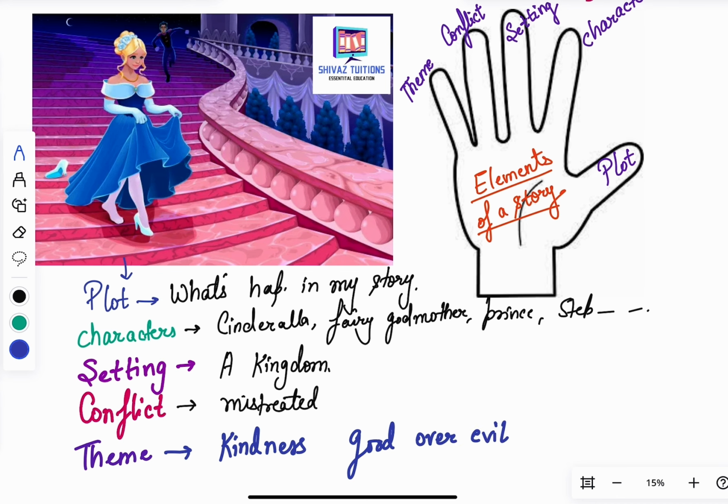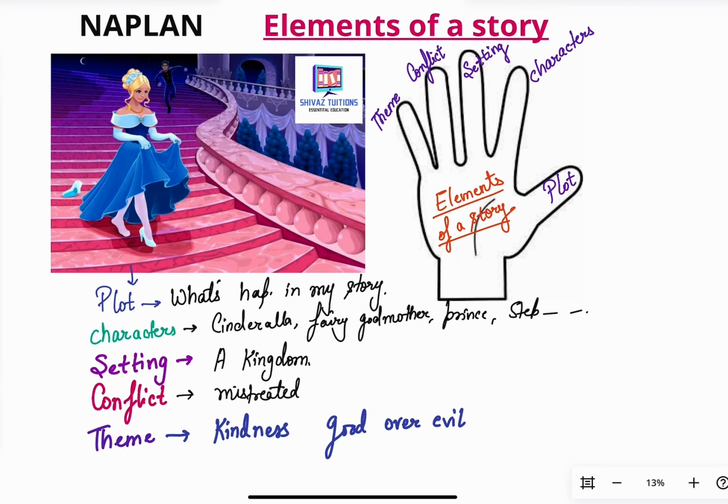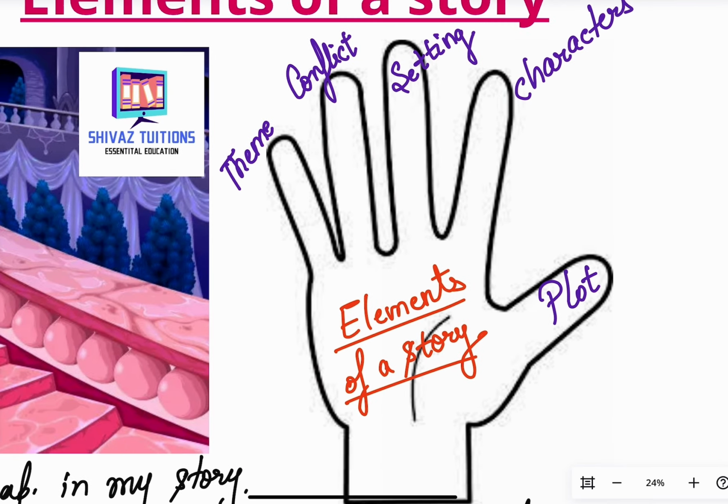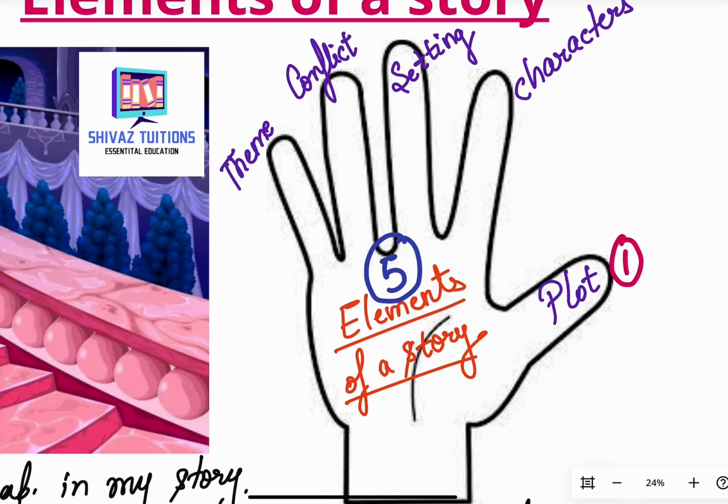Yes, very simple. So how do you remember the five elements of a story? You remember with my hand technique, where I've given you the five elements of a story, and I'm going to mark them again for you. First is the plot, second would be the characters, third is the setting, fourth would be the conflict, and the last would be the